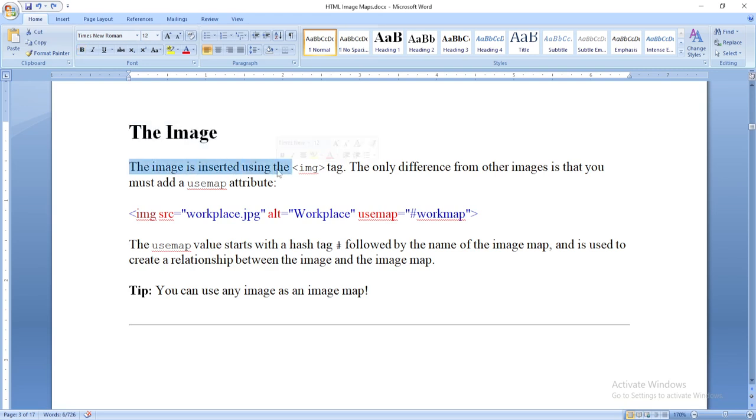The image is inserted using the image tag. If you haven't known anything about the image tag, you can watch some of our former tutorials where we discuss the img tag in detail. The only difference from other images is that you must add a usemap attribute. That is, the img tag is going to have a src attribute, an alt attribute, and again the usemap